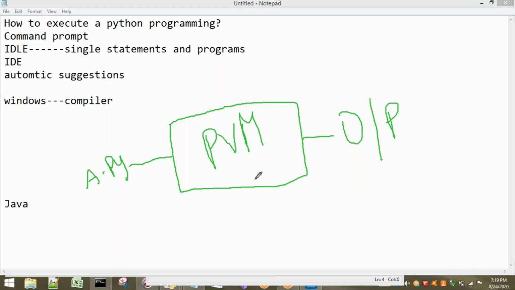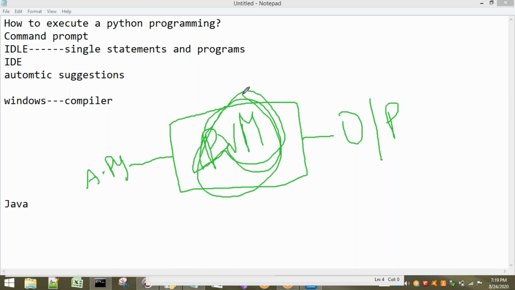Even if you are unable to understand this till now, no problem, it is not related to our Python, but you should know how other languages compile and execute programs. Now in Python, the a.py file is sent to the Python virtual machine, and it directly gives the output. In the next class we will see what happens internally in the PVM, don't worry.